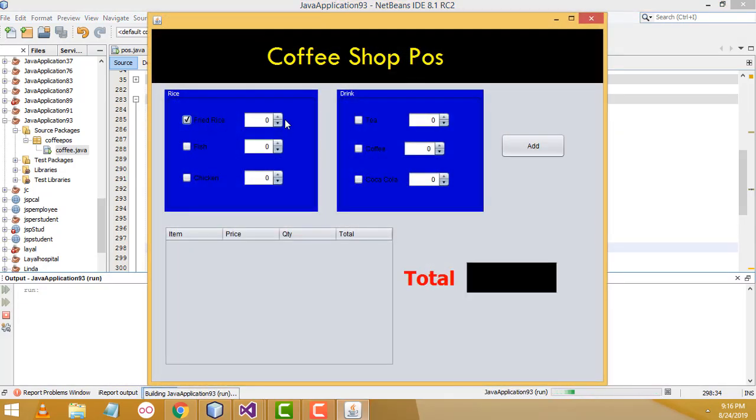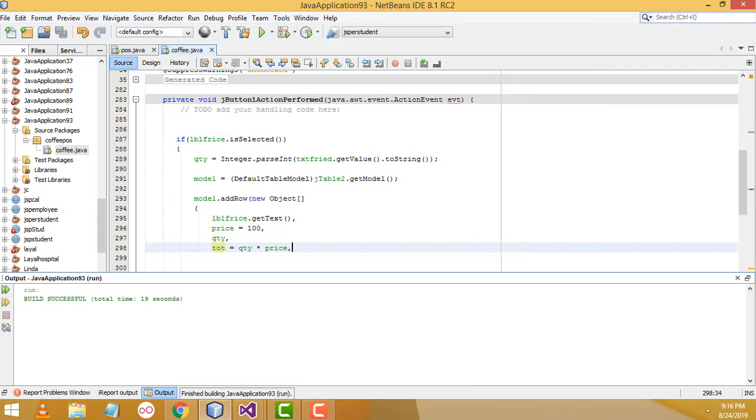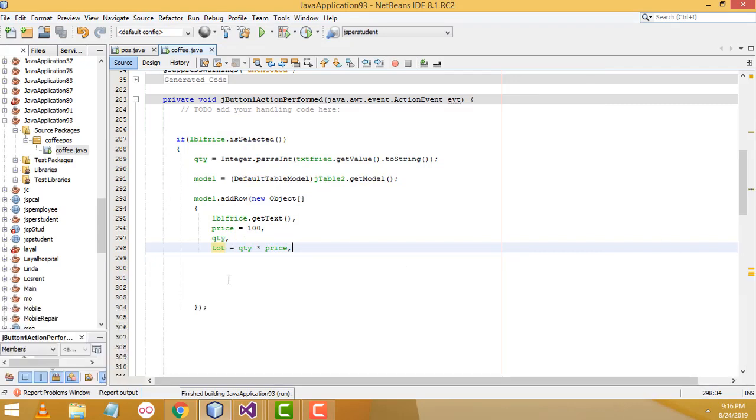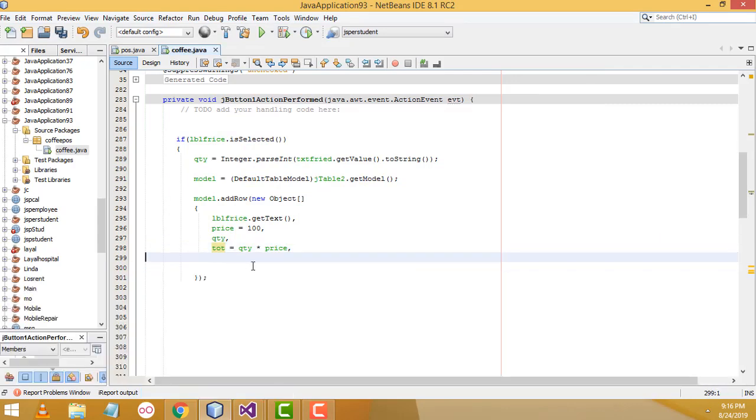This one, select this one, click add button. Here it's working fine, right? Now if you want to select again this one, 233 quantity, here it will be calculated fine. Here 3 multiplied by 3, this one should display 300, right? It's working fine. Now the same thing we have to do for another item as well,